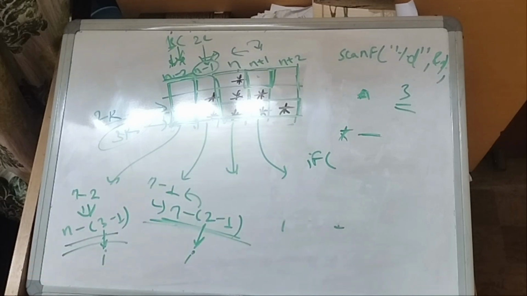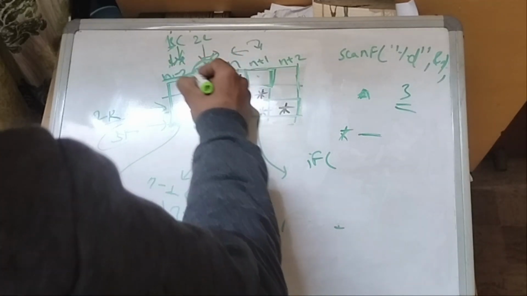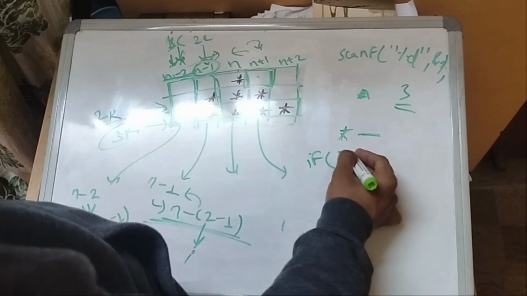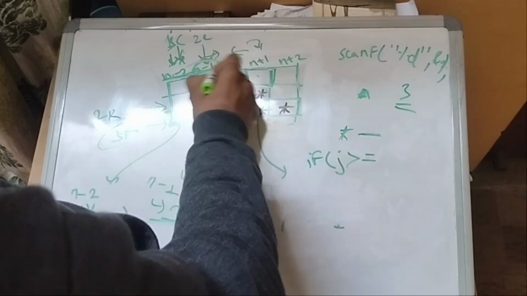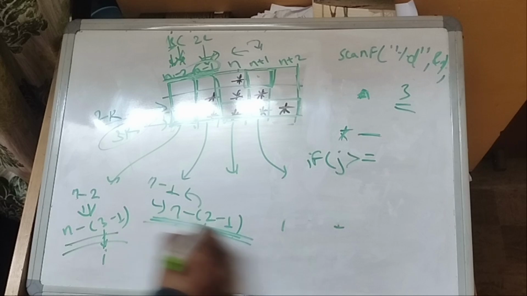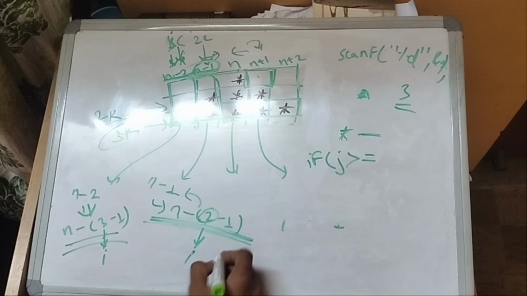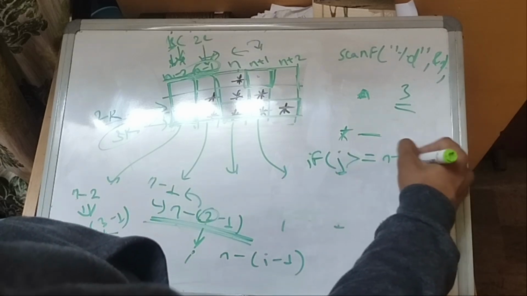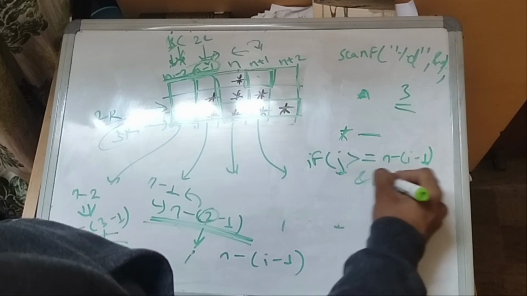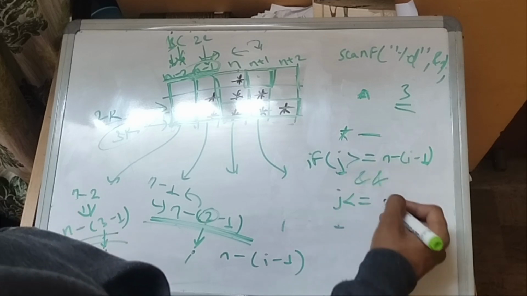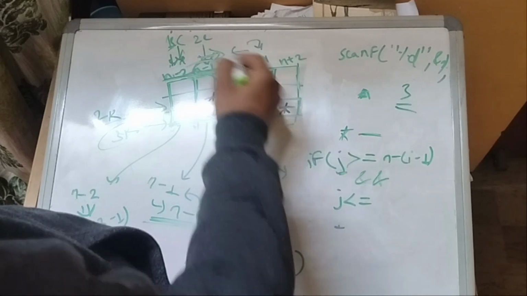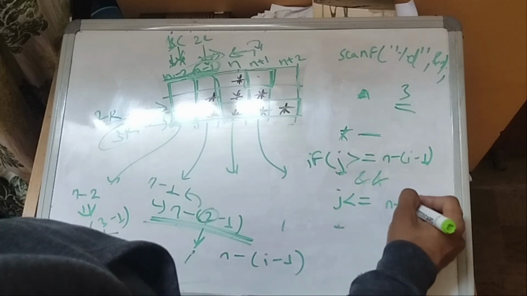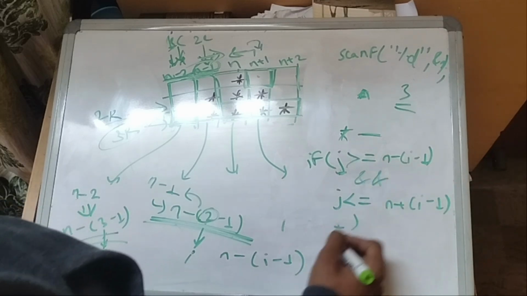If our j variable, that is the column variable, is greater than or equal to n minus 1, which is n minus 2 minus 1, where 2 is i, so n minus i minus 1. If j is greater than or equal to n minus i minus 1, and j is smaller, that is, we created this condition but we have not created this condition. So if j is smaller than or equal to n plus i minus 1,